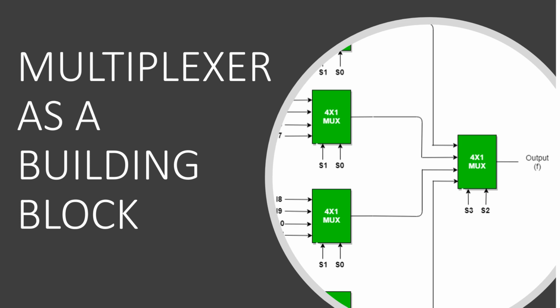In this video, we are going to talk about how a multiplexer can be used as a basic building block. When we say multiplexer as a basic building block, that means we should be able to design any combination logic with the help of multiplexer alone. And in this video, I am going to give you a general method through which, using multiplexer, you will be able to design any complex combination logic design. And using that method, I will show you how to implement any combination logic design. We will do a few examples.